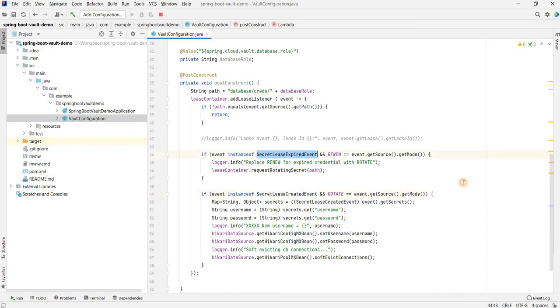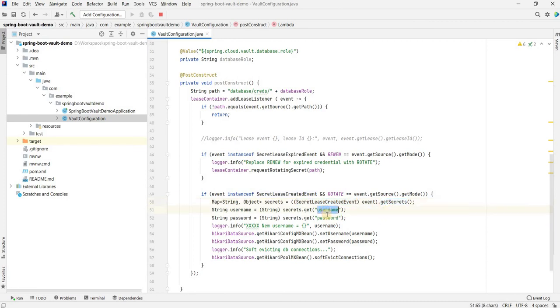Now, when it's a SecretLeaseExpiredEvent and the mode is renew, we basically request the Vault to give us a rotating secret. And when the event is of type SecretLeaseCreatedEvent and the mode is rotate, that means the Vault has rotated the credentials and it's time to fetch the new username and password. The way to do that is the SecretLeaseCreatedEvent has a method called getSecrets.